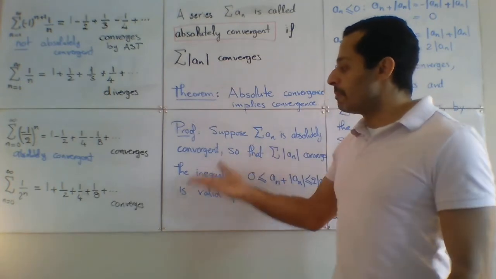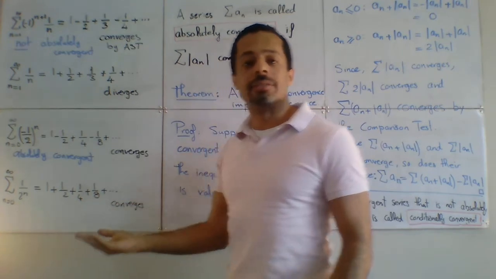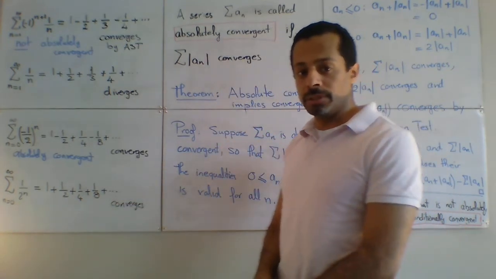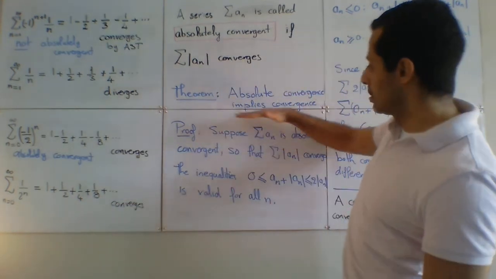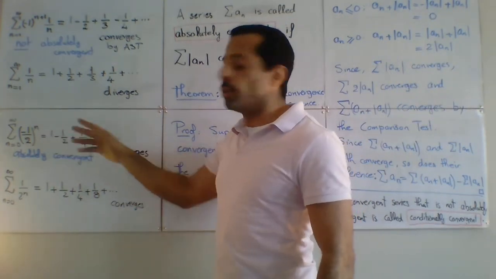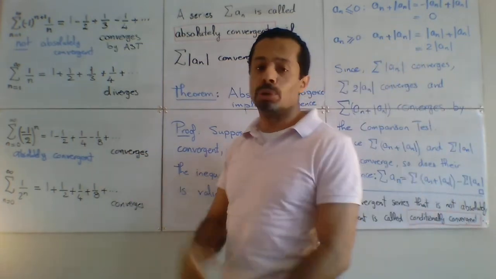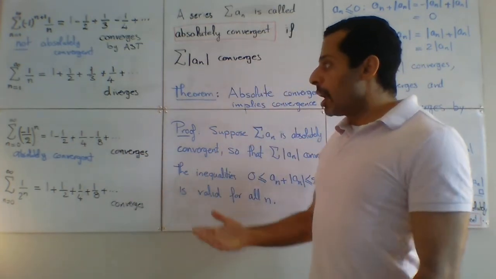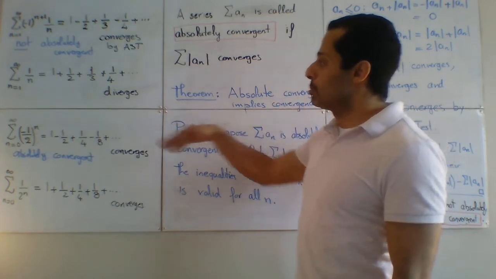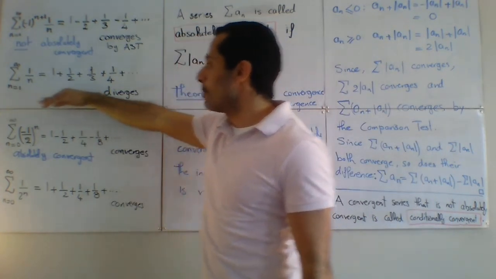And if you manage to conclude that the series is absolutely convergent by one of these tests, then by this theorem, the alternating version, or the version with mixed signs plus and minus, that does not have to be alternating, will also be convergent. On the other hand, if you cannot establish absolute convergence, like in this case,